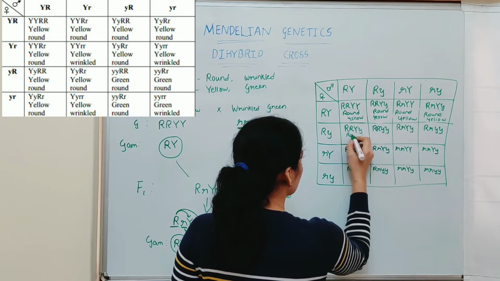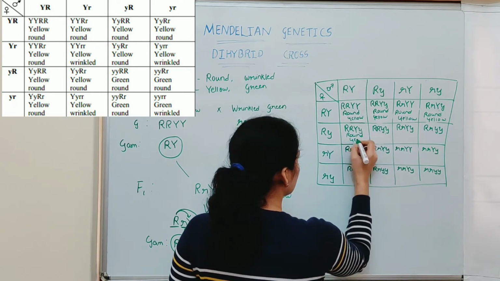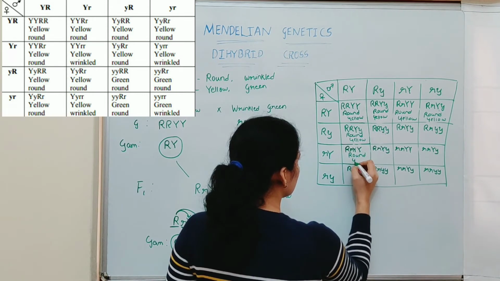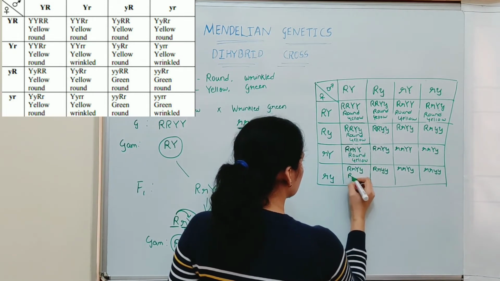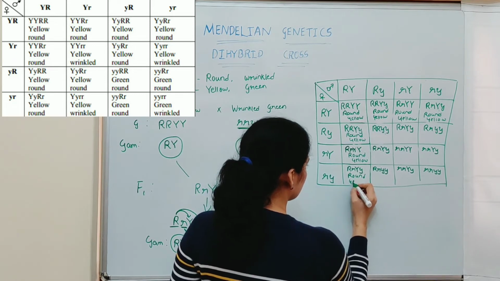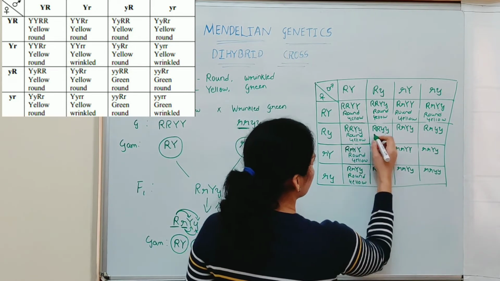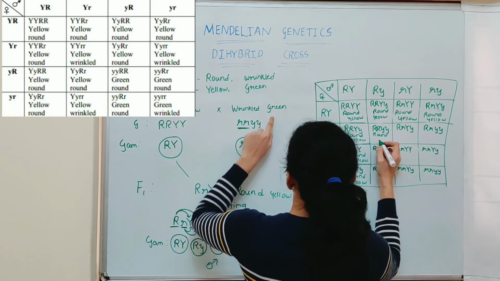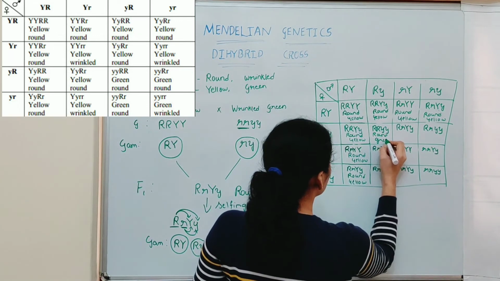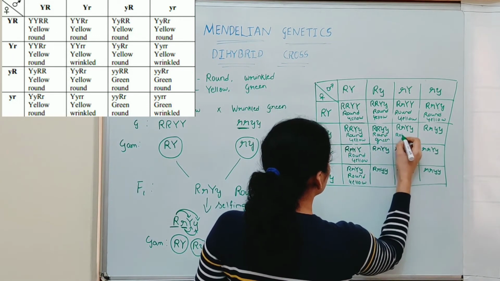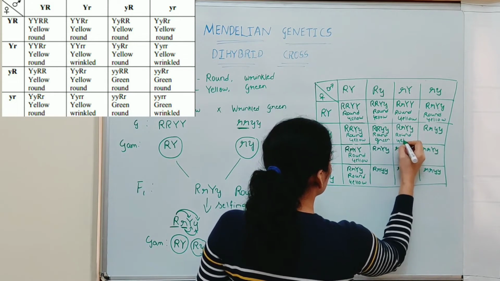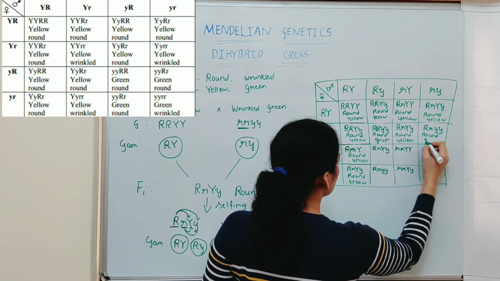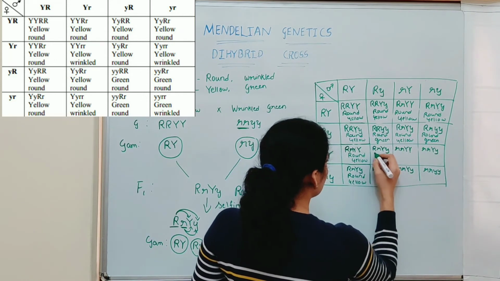Here again round yellow, round yellow, round yellow. Here again round but green. So small y is responsible for green. So green. Here round yellow. Again here round, small y is for green. Here round